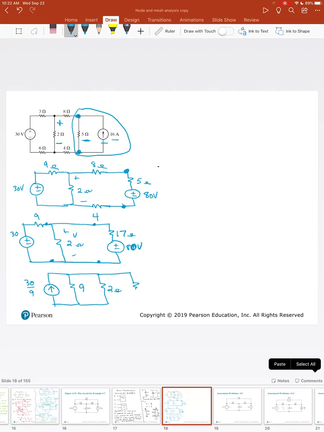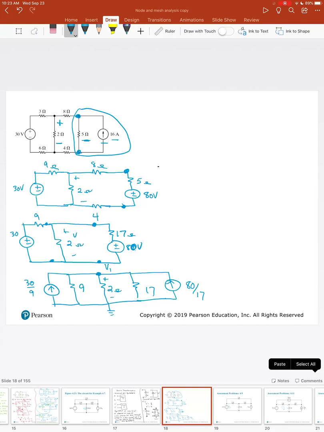And now here I will have another current source, this time it'll be 80 over 17. And wow, did that ever simplify things! So now I have two choices. I can combine everything except the 2 ohm resistor and do current divider, or I can realize that this is now a single node circuit and I can write a single node equation and solve for